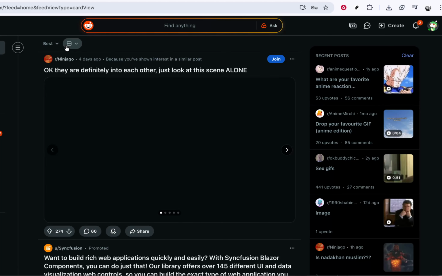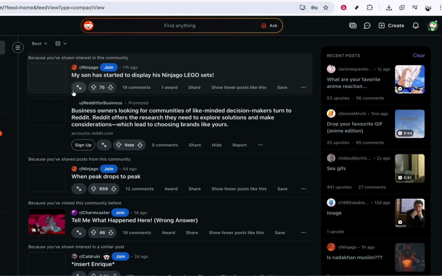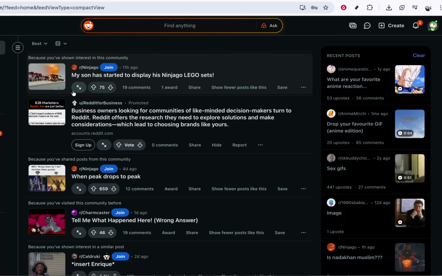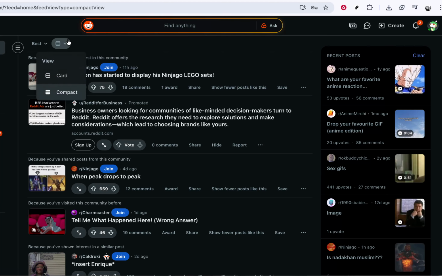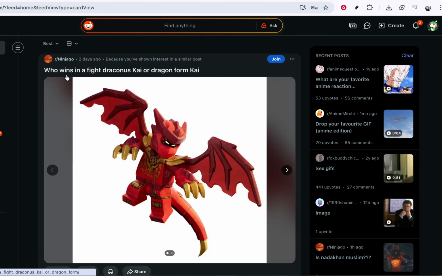If you ever decide you prefer another layout, you can always return to that same spot below the search bar and choose a different view icon. And that's all there is to it. By simply clicking the view icon below the search bar and choosing the card style option, you can quickly switch Reddit into card view and make your browsing experience more enjoyable and easier to